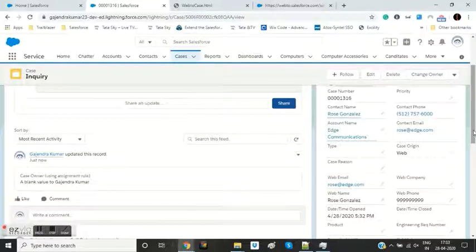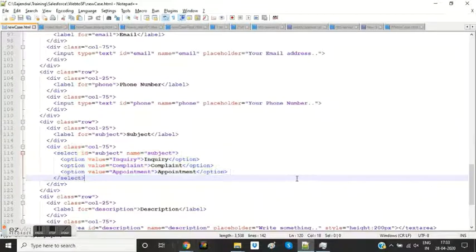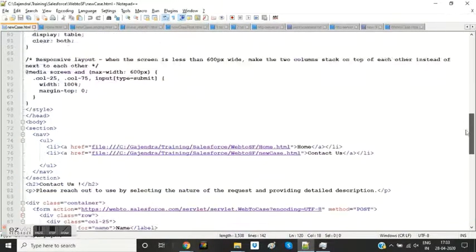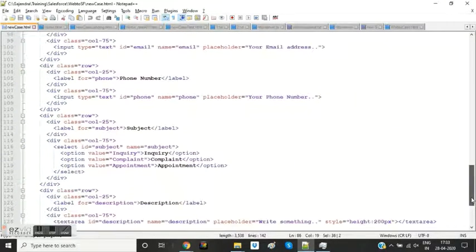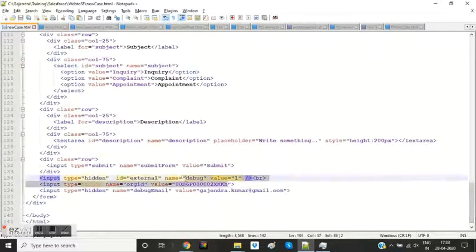We just need to remember one thing: if we use this approach, because in our code we are given a pre-populated URL and we are giving the organization ID, it gives an access to our application, or an access to case creation, without any authentication.